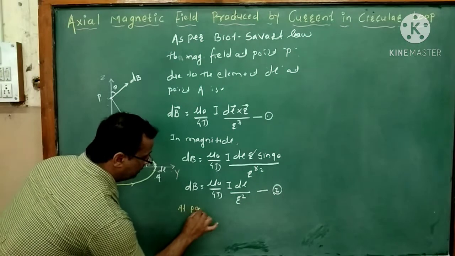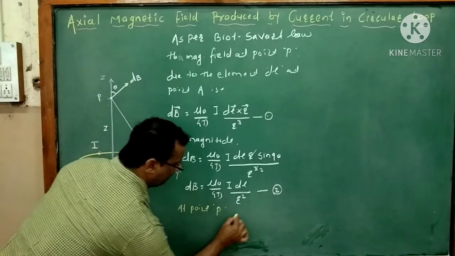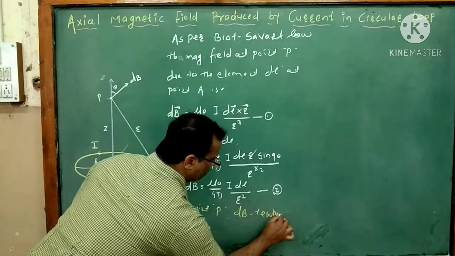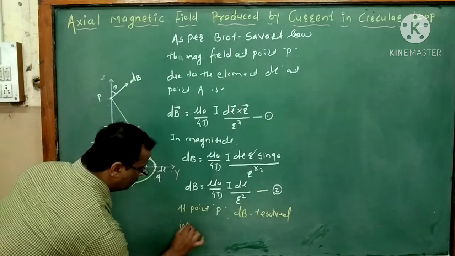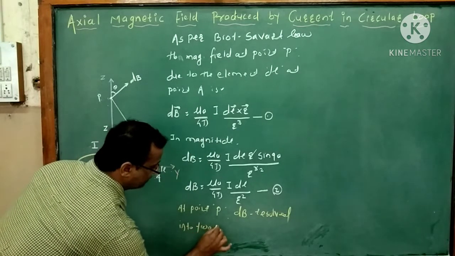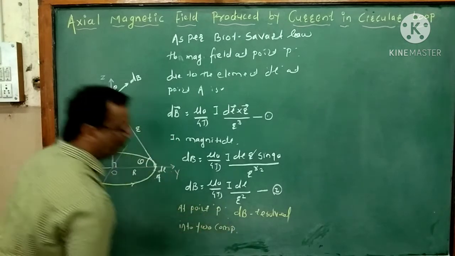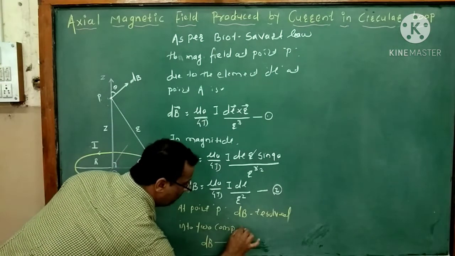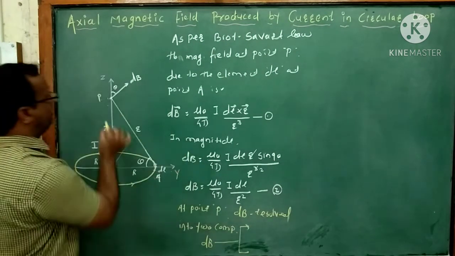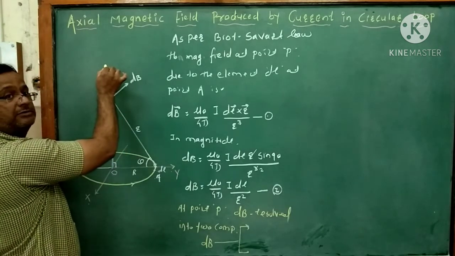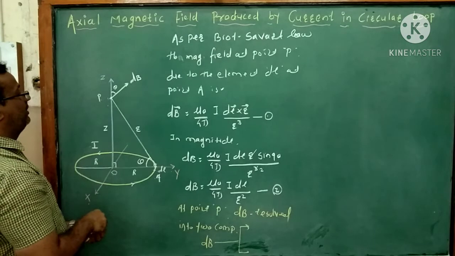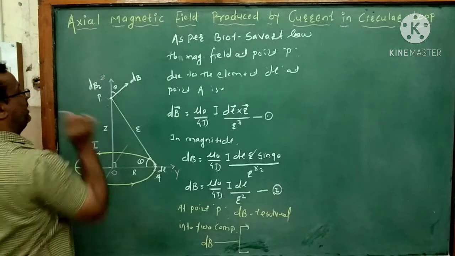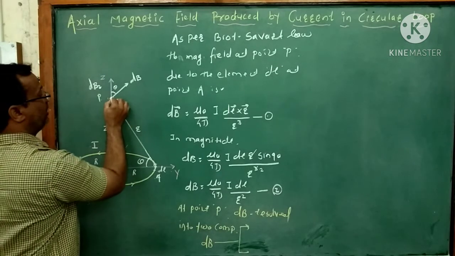At point P, dB is resolved into two components. First one is the vertical component, right? Suppose the value of that vertical component is dBz, and the second component is the